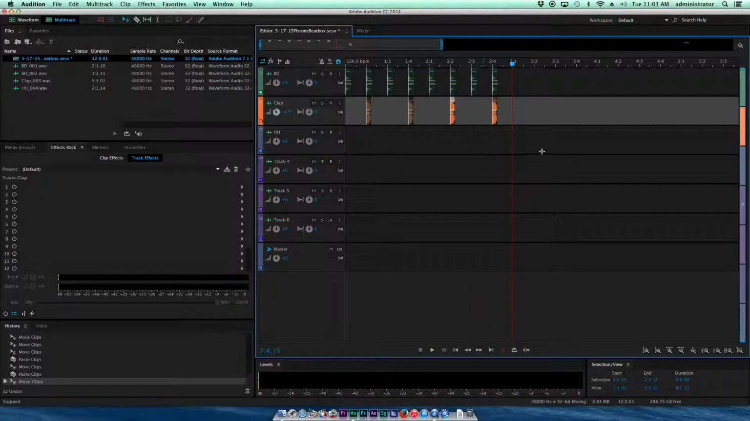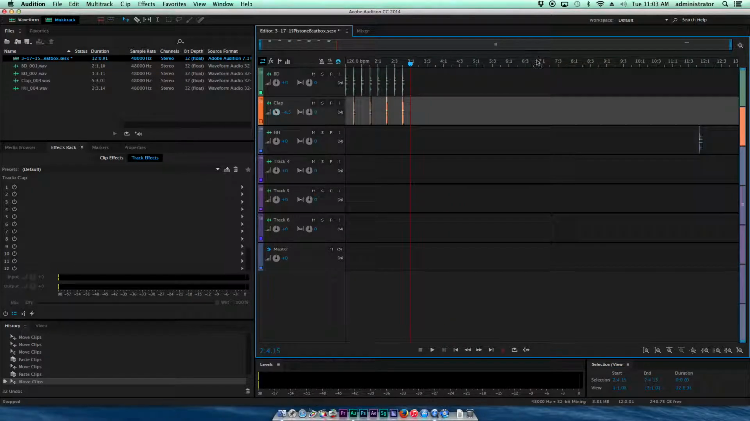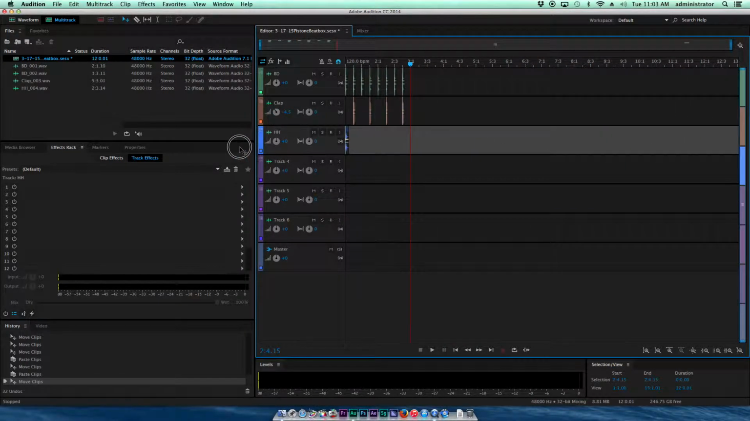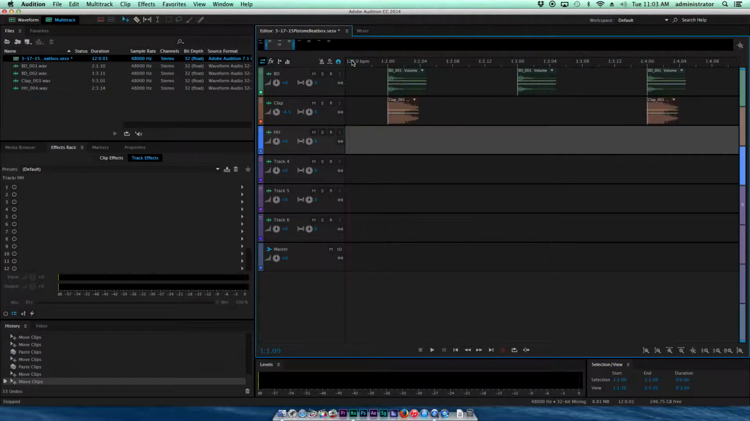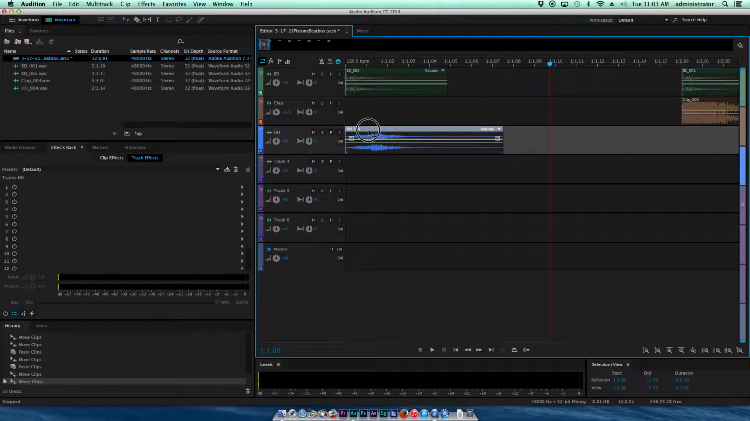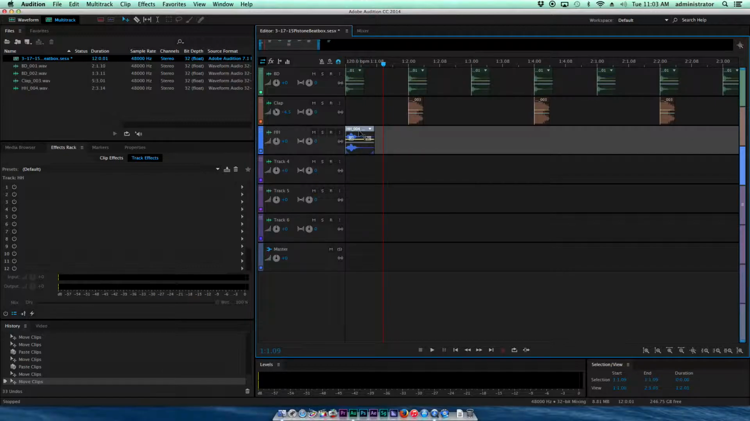Okay, and then my hi-hat, if I zoom out, grab my hi-hat, throw it up on the top of the timeline, zoom in, and I'm going to move this, zooming out to the in-between notes, and I'm going to copy it and paste it to my in-between notes